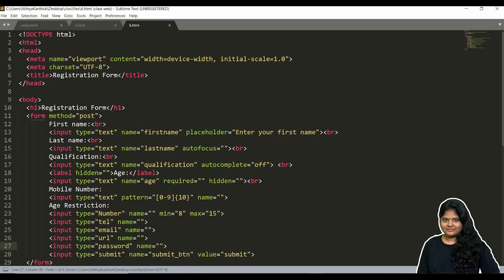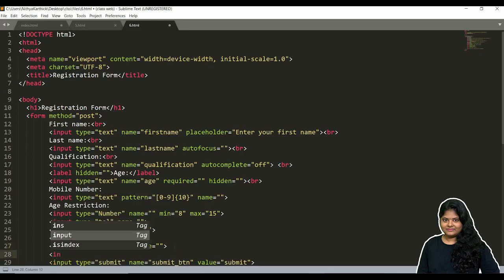The main usage of this password is that the text inside the text box will be shown in the form of dots. Okay, so that is password. We have another option, date. So input type is equal to date, very simple. Okay, just save it.